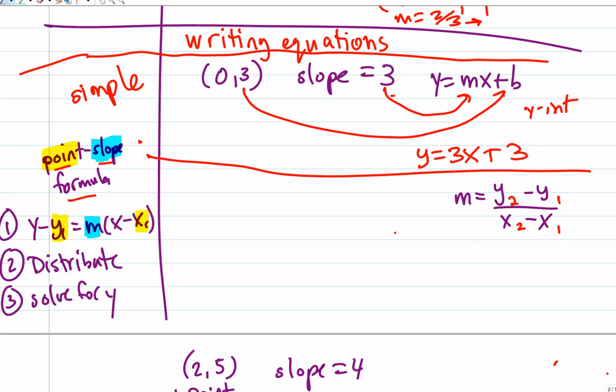That's a terrifying fraction, but could you multiply by the denominator and clear it out? What would you multiply both sides by? What's the denominator? x2 minus x1. Would that clear out that denominator? Yeah. Poof, poof, group with a group. I can't just do that. I can do anything as long as what we do to one side,